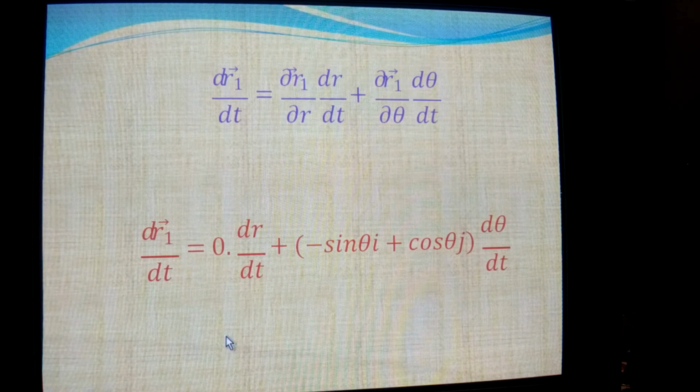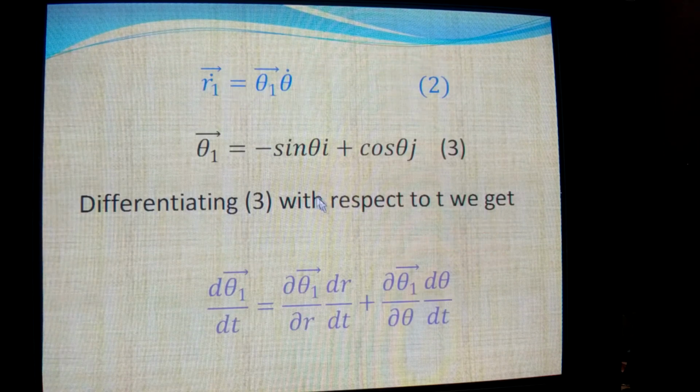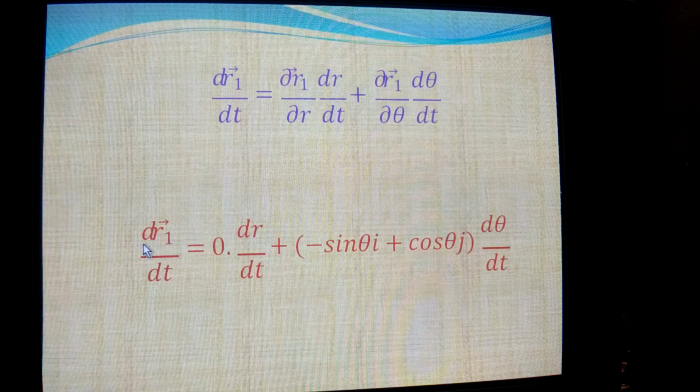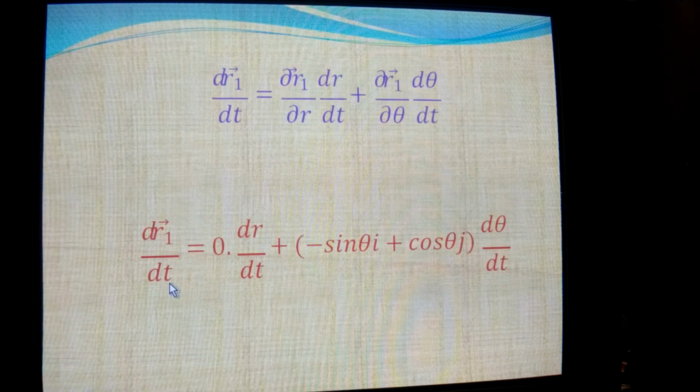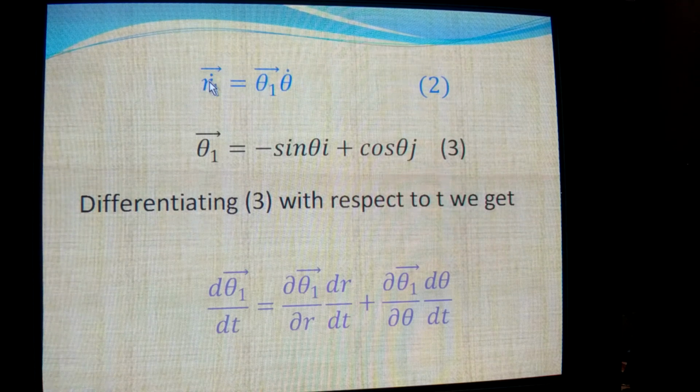On simplification, the first complete term becomes 0, and we have only the second term. Here dr1 bar by dt can also be denoted as r1 bar dot. dr1 bar by dt is the same as r1 bar dot. Dot means differentiation with respect to t. So r1 bar dot is equal to